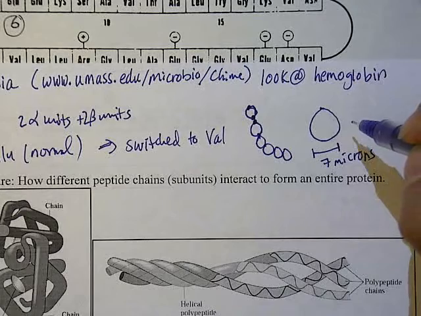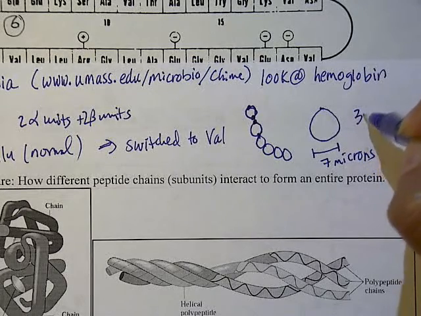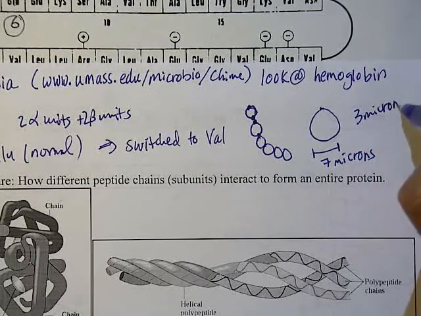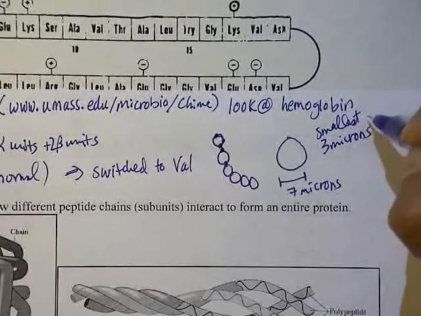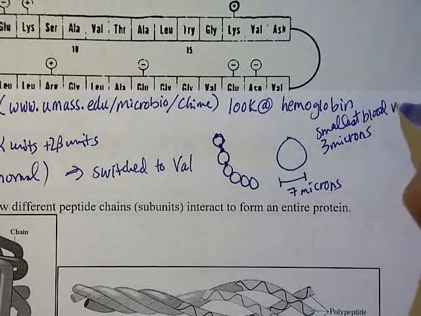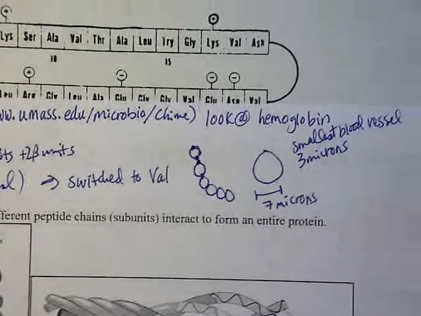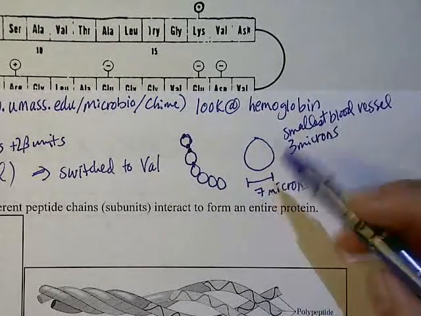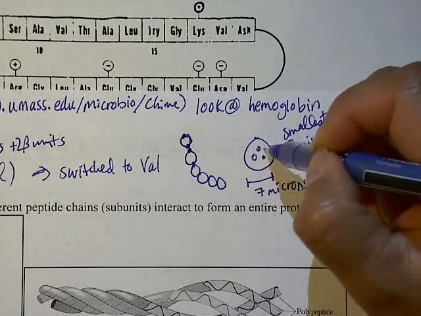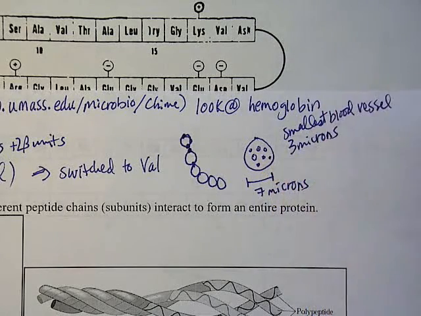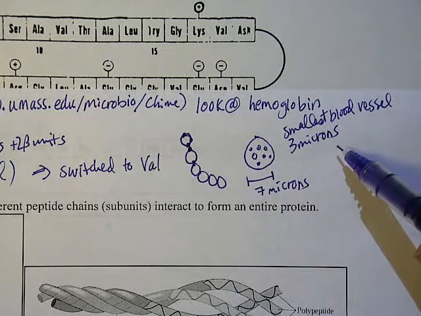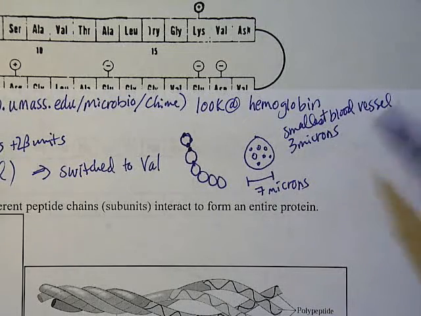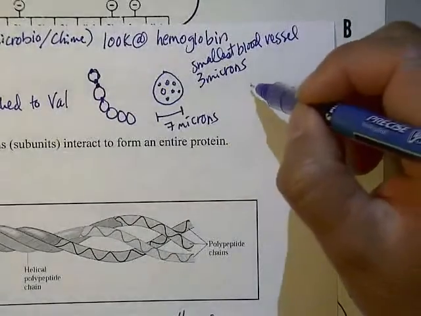It turns out the smallest blood vessels are only 3 microns in width. So a regular blood cell in which the hemoglobin molecules are just floating around is able to squish through the 3 micron blood vessel. But what happens in sickle cell anemia is that their